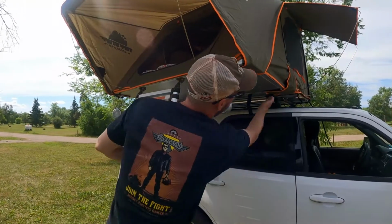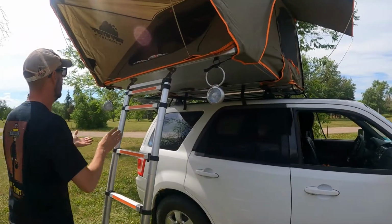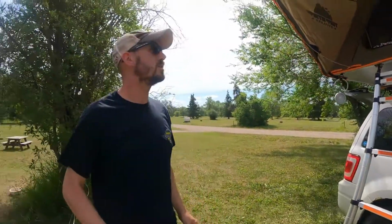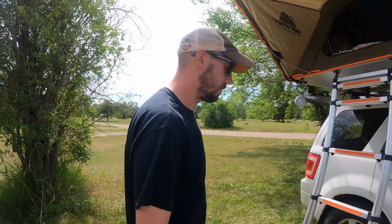Those lights are along the sides right there, and they light up overnight. It's all on one switch. Inside is lit, powered off the power bank, and then